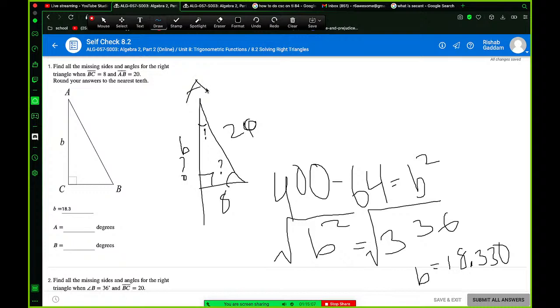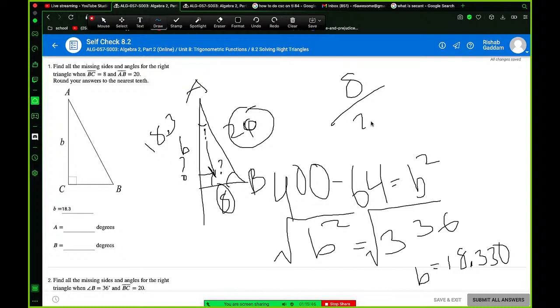So A. You can use sine, it doesn't really matter. You can use whatever you want since we have all the sides. Just choose a random one. I'm gonna do a cosine of angle. Wait, why cosine? See, this has a decimal, these two don't. So I'm pretty sure a sine would be easier because it's just 8